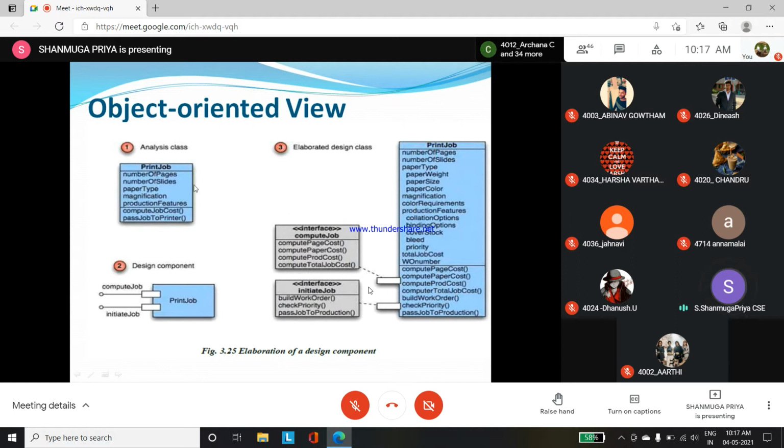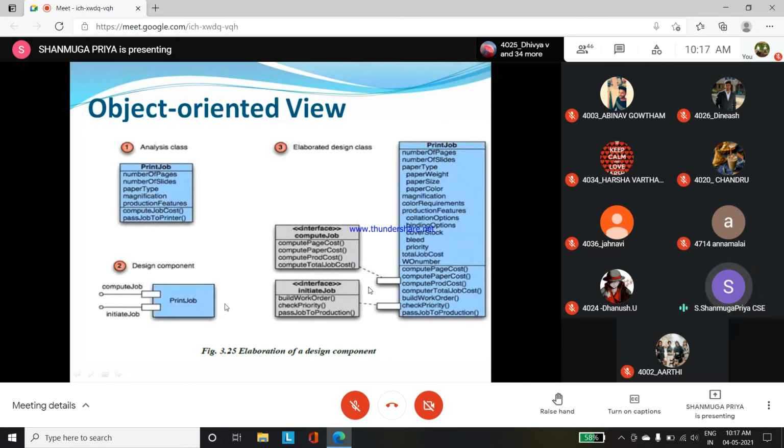In the analysis we drew the class diagram. Using this class, how do I design my component? In the component design diagram we have only one component. This is the component. We use a small rectangle box inside the square box, and in the rectangle box we draw two small rectangle boxes.